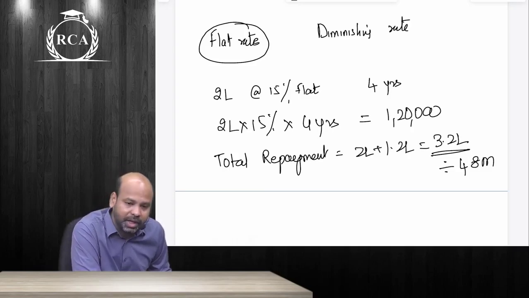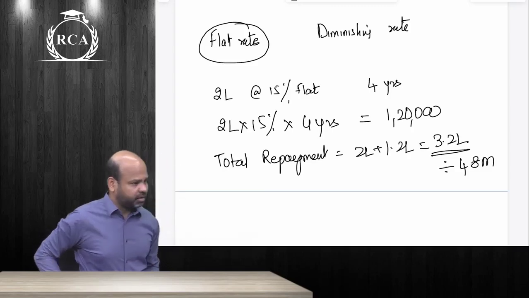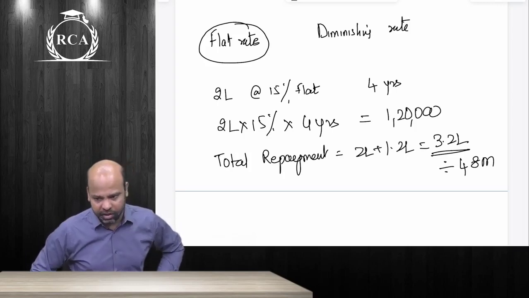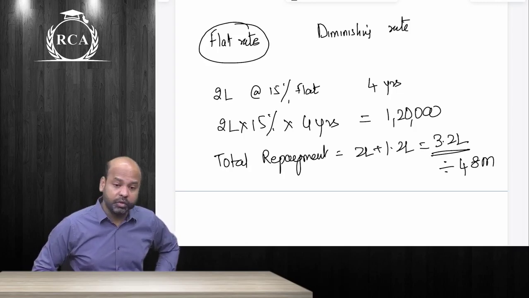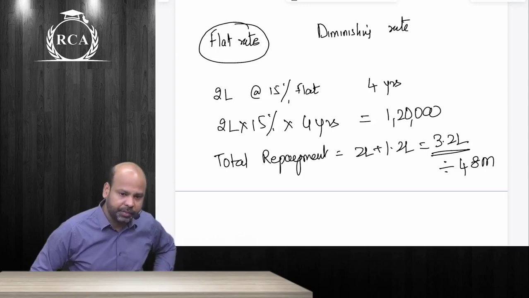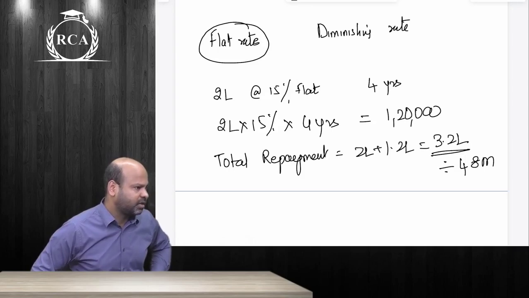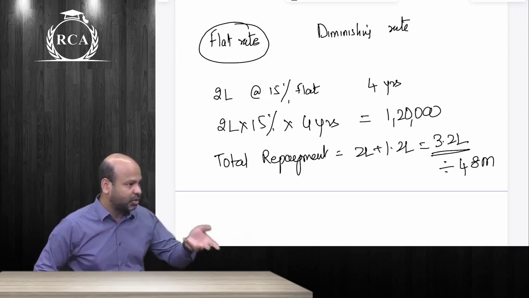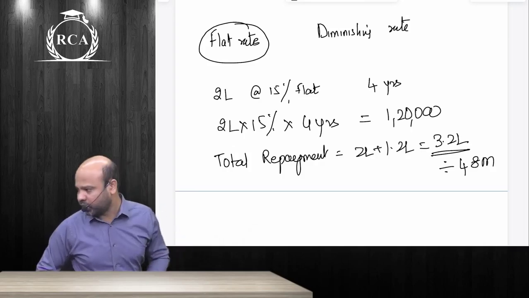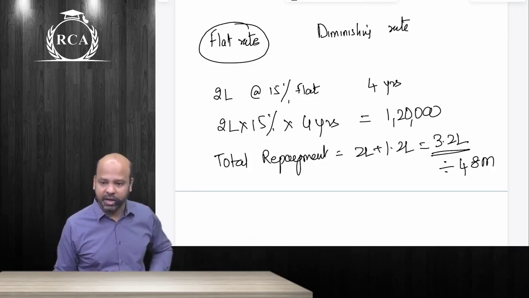Under the diminishing balance method, interest is levied only on the reduced principal. Housing loans that we take from banks are all examples of diminishing balance. The vehicle loans that we take from bigger banks and bigger NBFCs are examples of diminishing. Smaller NBFCs also charge flat rate system on vehicle loans. They charge 8% flat rate. We feel 8% is a much lower rate of interest, but it effectively turns out to be 16-17%. Are we clear about the concept of flat rate and diminishing rate?